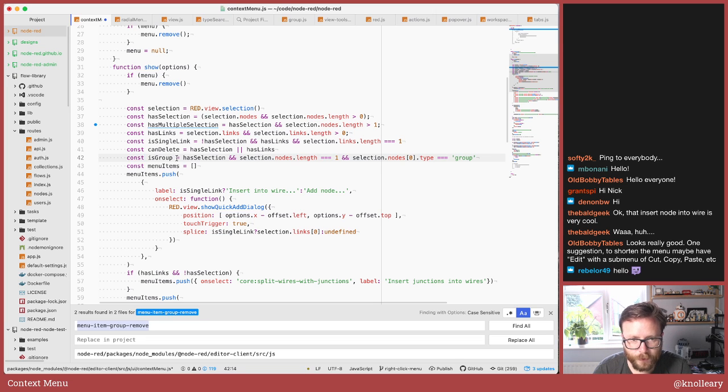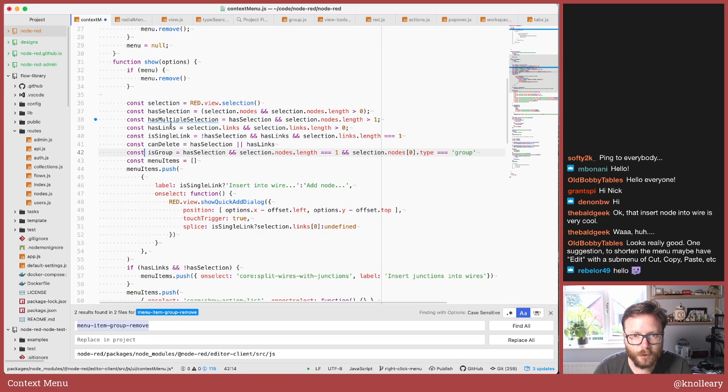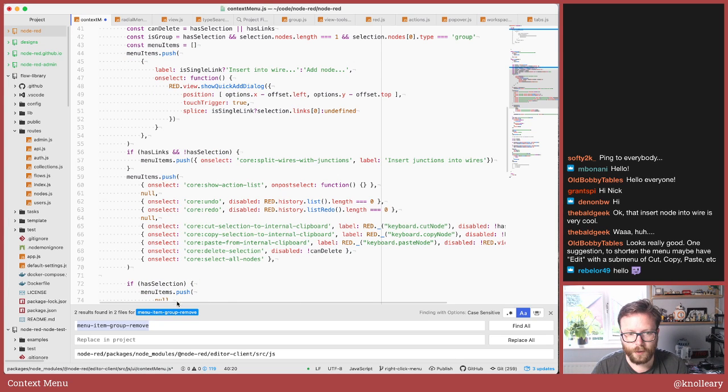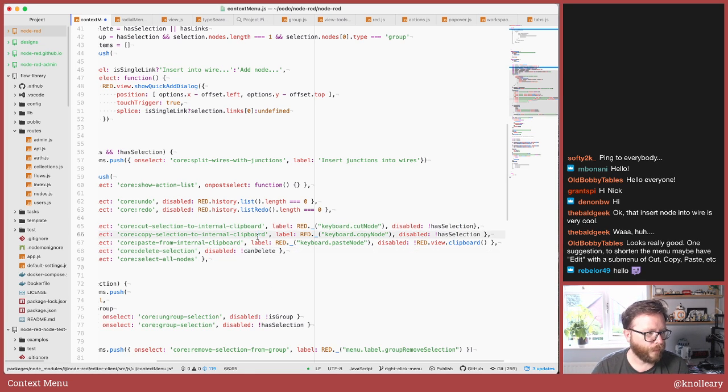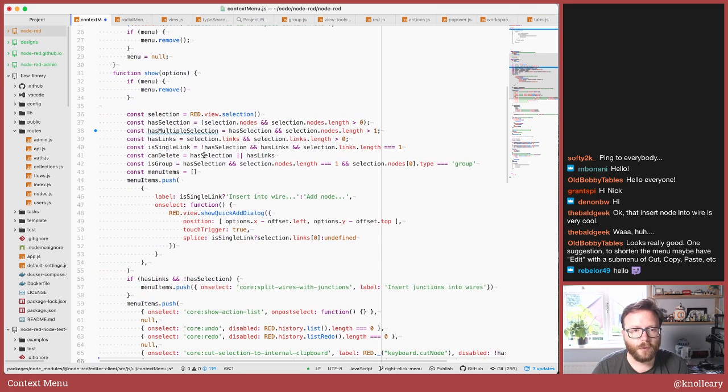Let's make them constants because they are flags that don't change. These are basically just checking all the different sorts of conditions based on what's selected that we can then decide. You can see all these menu items have this disabled property based on different conditions that we create those flags for. So what we want to do is